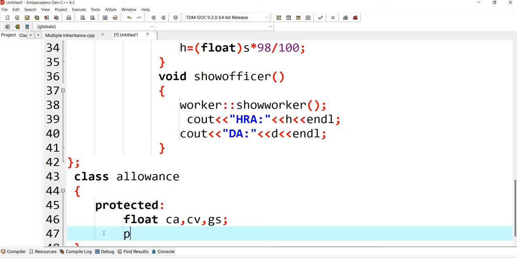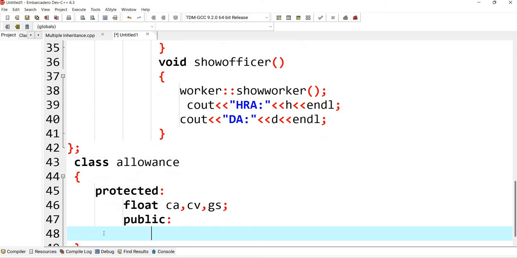Now within this public section, I'll create a member function. So I'll write here void get allowances.